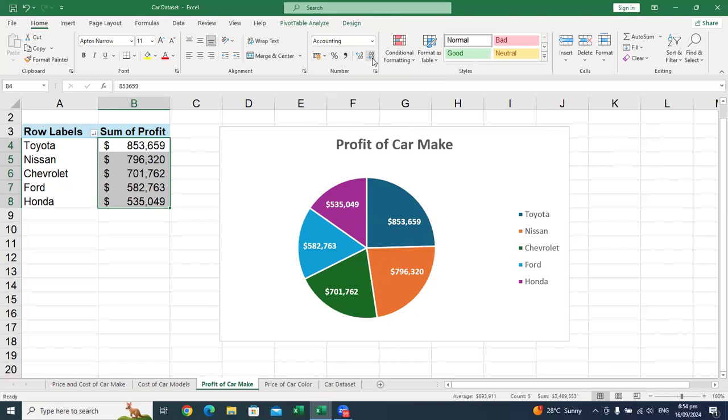This is explanatory enough. But one thing I want you guys to note when you are working with a pie chart is, normally it is ideal to use a pie chart when your information is not much. At least when what you are representing is not more than 4, maximum 5. If you are using a pie chart to represent information that has maybe 10, maybe you are showing the top 10